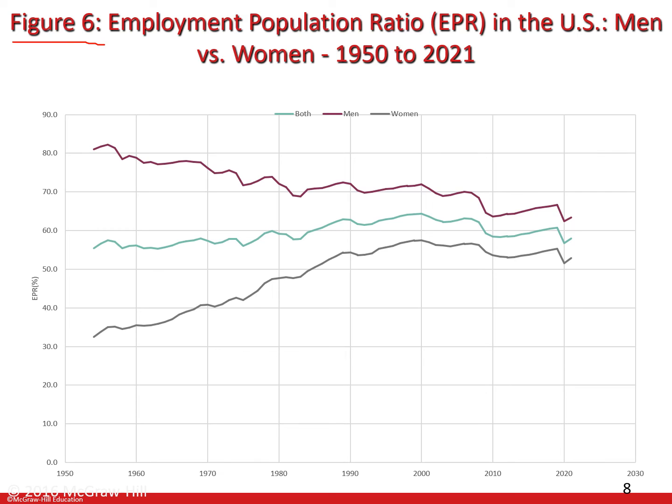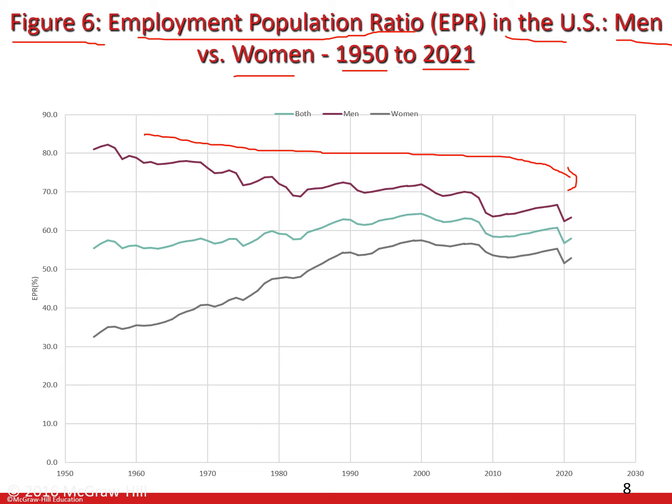Figure 6 displays the employment population ratio in the US for men versus women from 1950 to 2021. Figure 6 confirmed the finding from the previous figures that the employment ratio of men has been gradually decreasing from a high of 80.1% in 1954 to a low of about